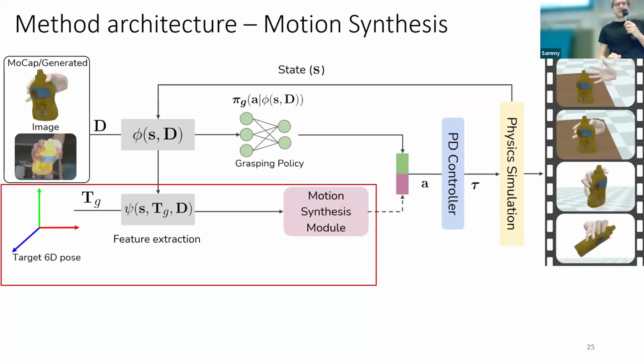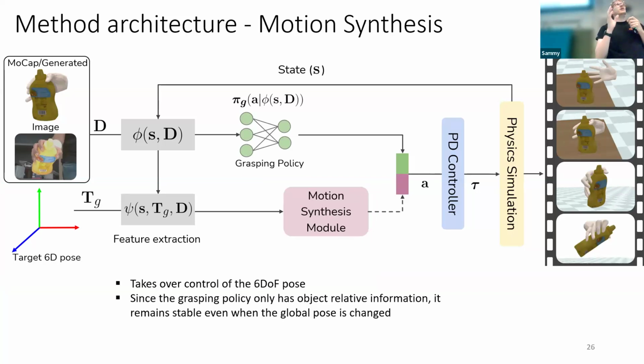And then for the motion synthesis part, I won't go into too much detail. The main insight here is that we keep the grasping policy active. This means that the fingers still exert enough force on the object to grasp it, whereas we take over the control of the global pose of the hand. Because everything is modeled in object relative frame, even if the object moves into a totally unseen global position, the policy can still manage it because it is only in relative frame and it's still in a similar position to what it has seen during training.